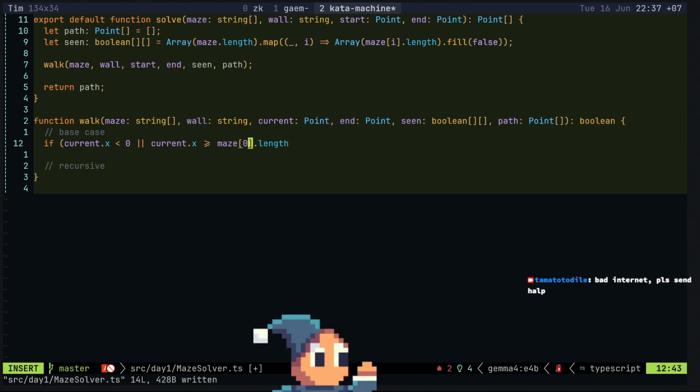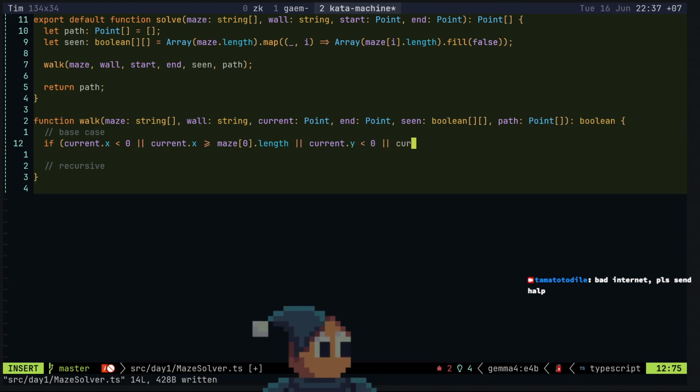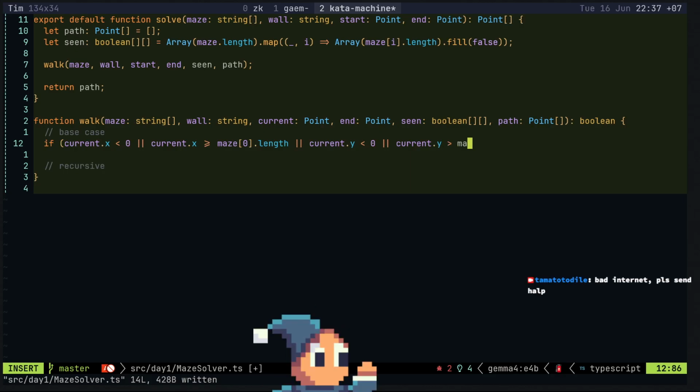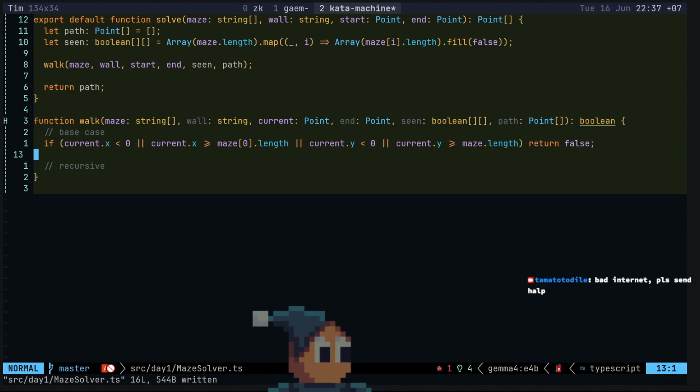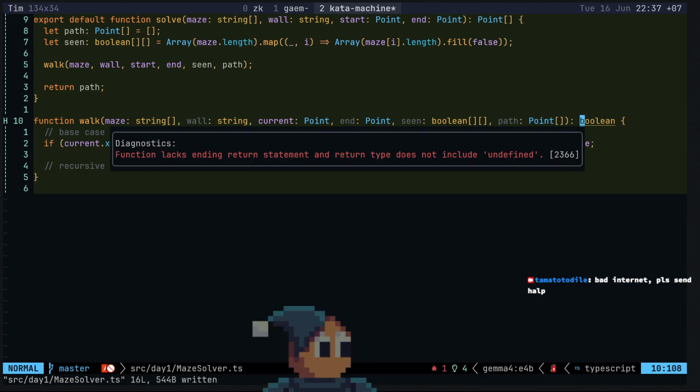I guess it doesn't really matter. We can just pick one. Current dot y less than 0 or dot y is greater than the base dot length. Why is there an error? Alright.